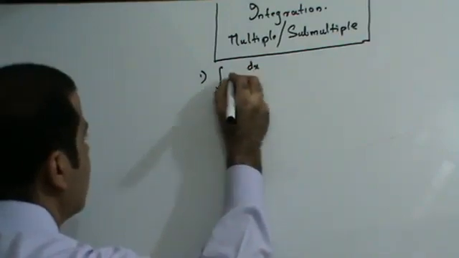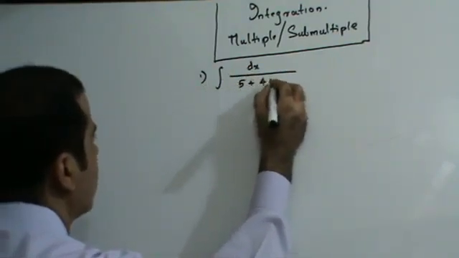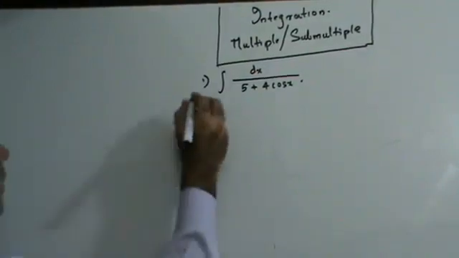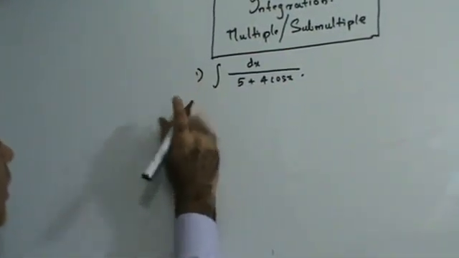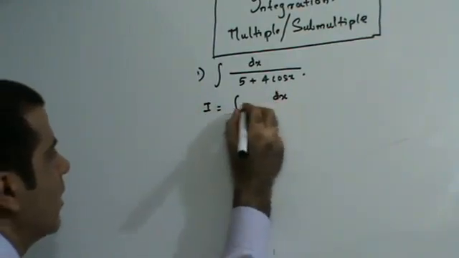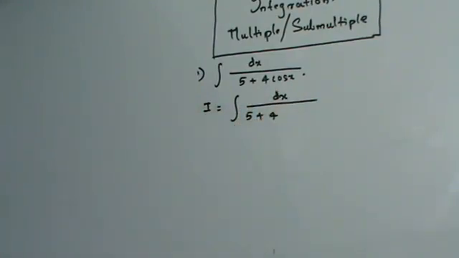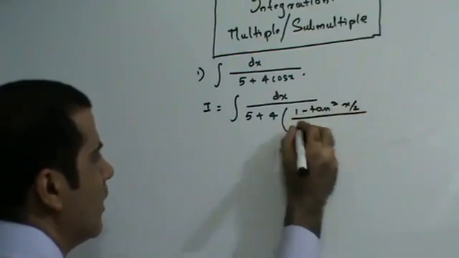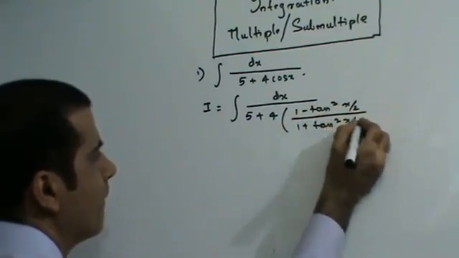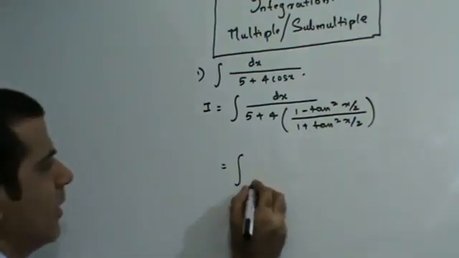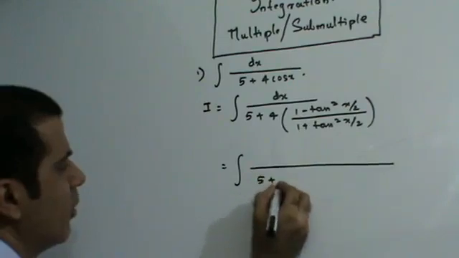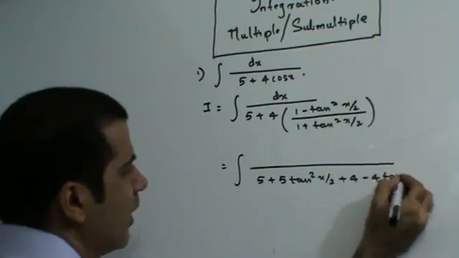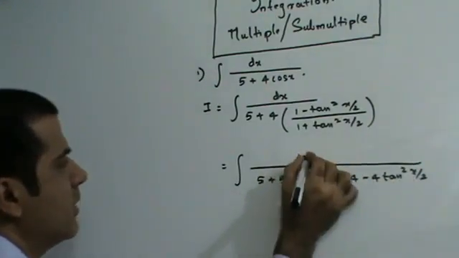Integral of dx upon 5 plus 4 cos x. Guys, this is of the order 1 upon a plus b cos x. Now, I'll say let I be integral of dx upon 5 plus 4, substitute cos x as 1 minus tan square x by 2 upon 1 plus tan square x by 2. Right? This can be written as integral of, take LCM in the denominator. This is going to be 5 plus 5 tan square x by 2 plus 4 minus 4 tan square x by 2 upon 1 plus tan square x by 2